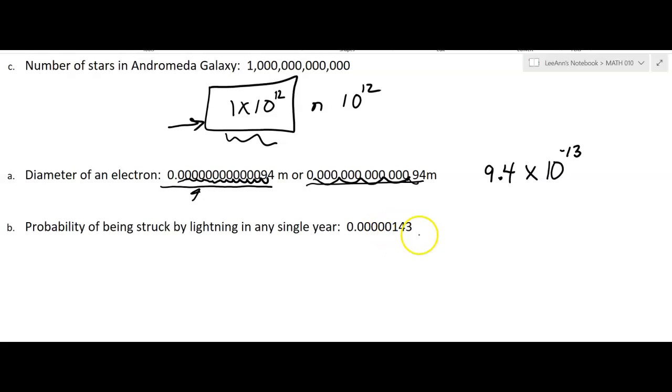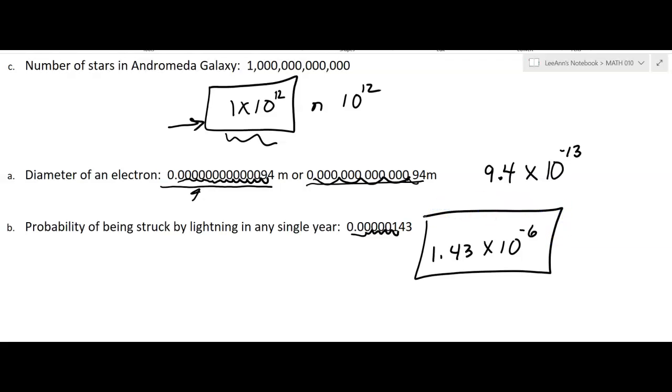Okay. You're just moving that decimal. All right, and then this one we have 1.43 times 10 to the negative 1, 2, 3, 4, 5, 6. All right, so large numbers and small numbers, writing them in scientific notation,